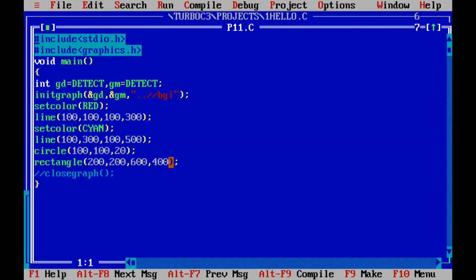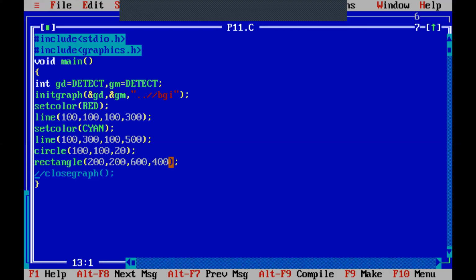So arc is again, and if you observe now, all the shapes that I am drawing are with cyan color, right? Why? Because once I have set the color cyan, thereafter I have not changed it.